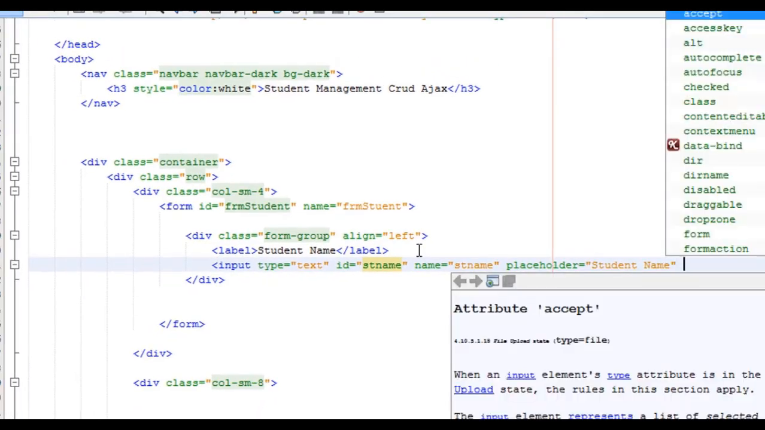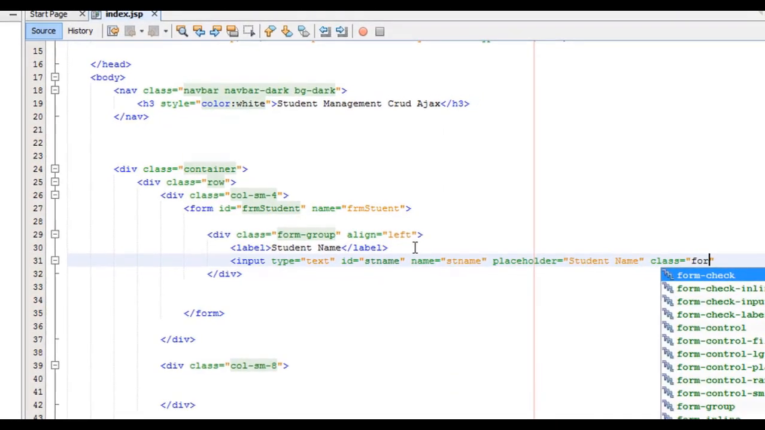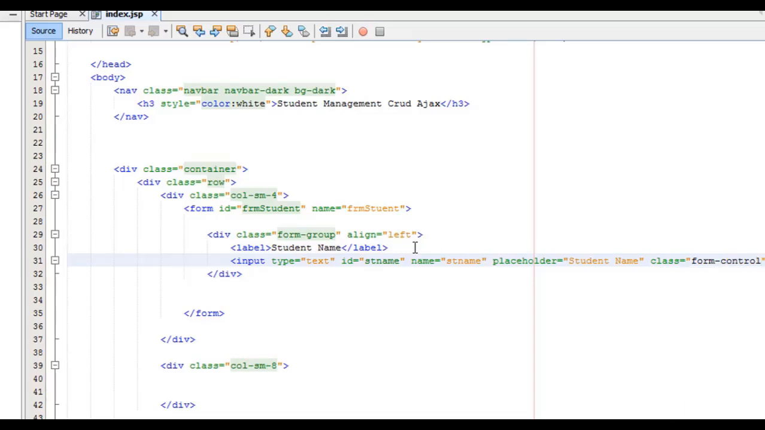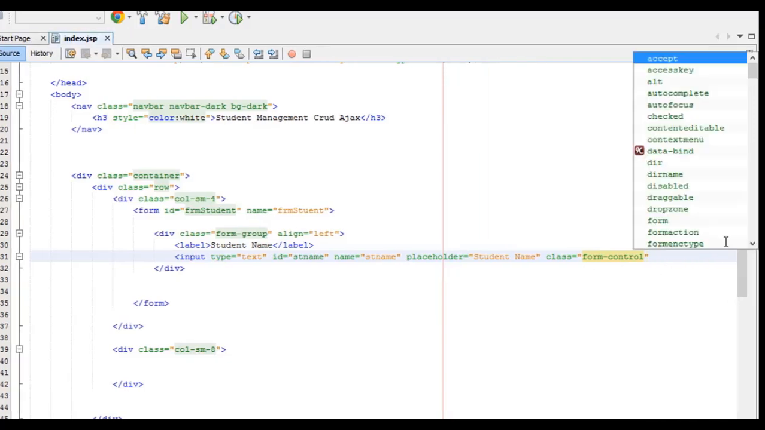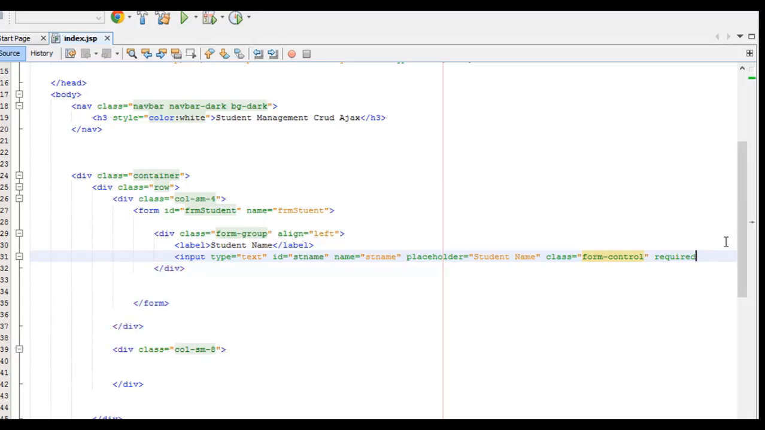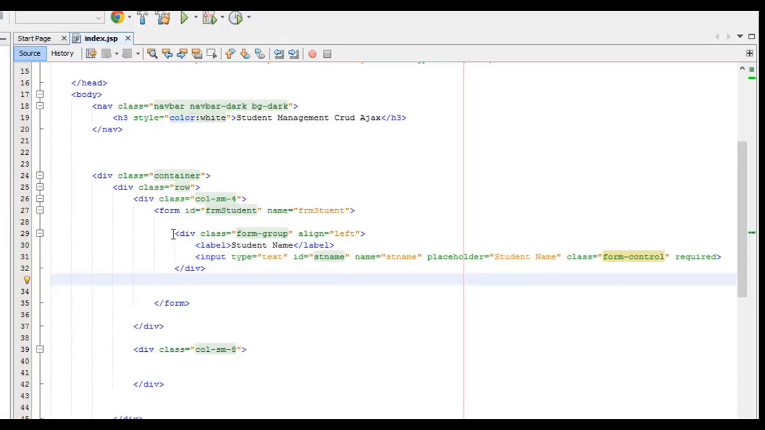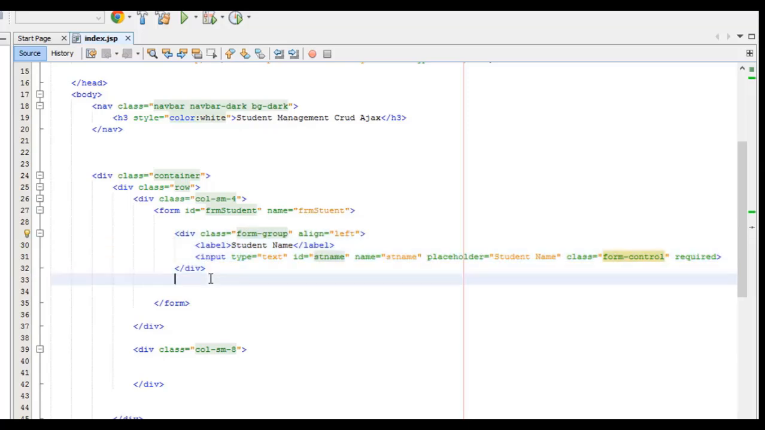After that you have to style it with the bootstrap class form control. After that we need to write this field is required. Right, that's the thing we have to write here. Perfectly well. Now the same div, I copy it, Control C to copy, Control V to paste